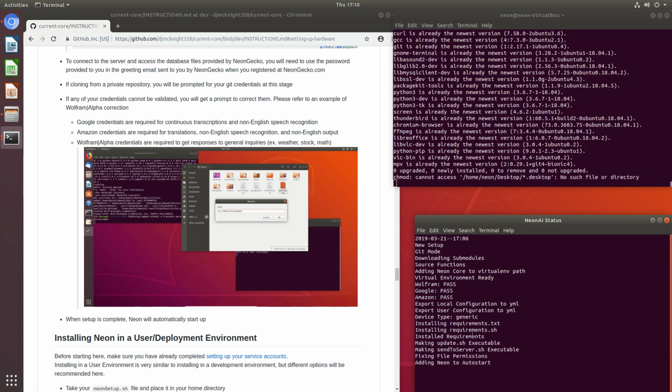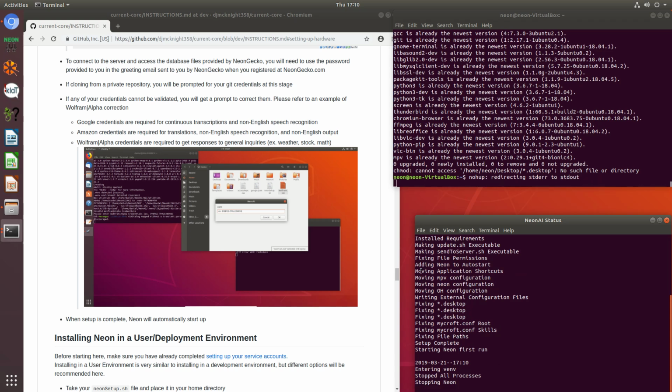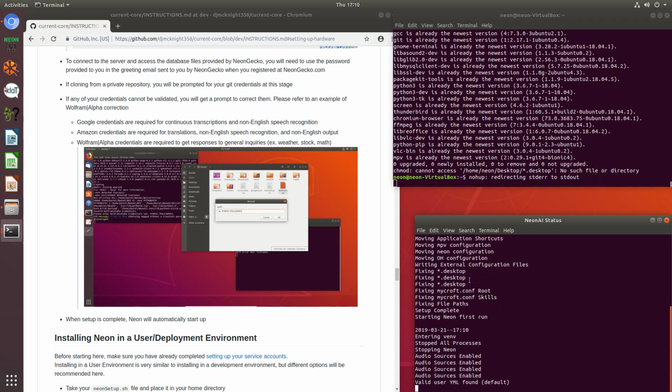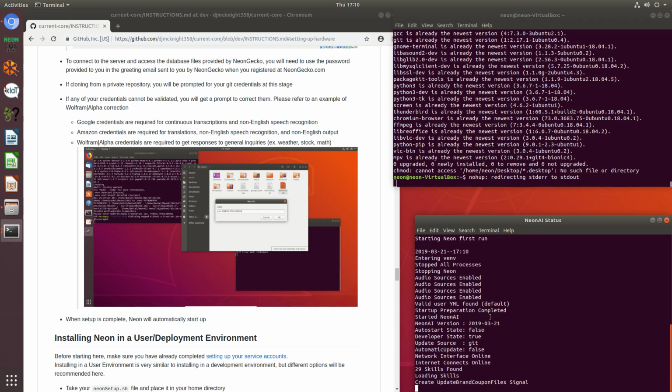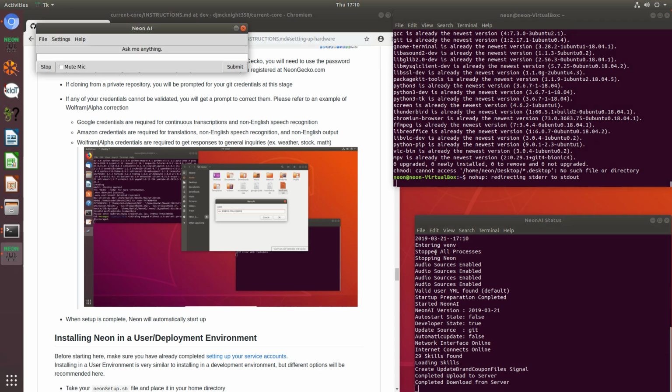And we'll see it's finished installing our requirements. It did some starting things up and fixing files, and it just announced that it's starting up. So every time it starts up, we'll see these log entries with the current date and time. We see it stop any existing instances that are running, go through the audio sources, make sure that they're all available, make sure the YML file it has is valid,